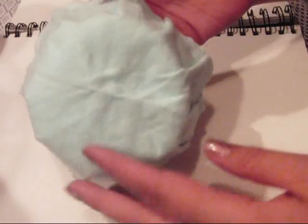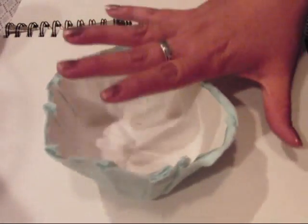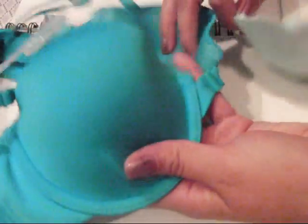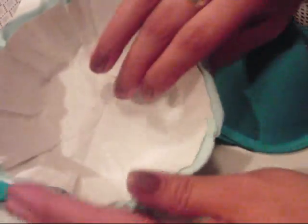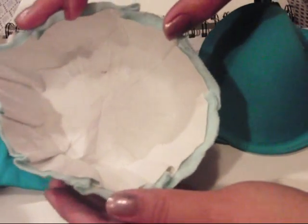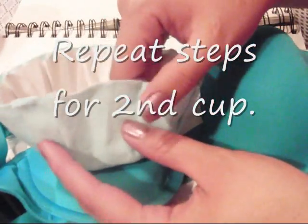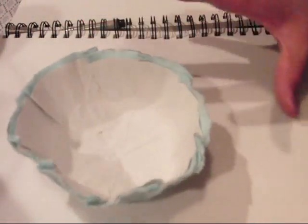So this is how it's going to look. Looks like a little filter. So pretty. So now you're going to make sure that's the actual size you want, and that it goes well with your bra. So pull out your bra and just check it out. Look at that. I think that's a very good size for it. You can barely see the bra. And the cupcakes look really huge on the bra. So now we can finish up the second cup. So you can repeat the